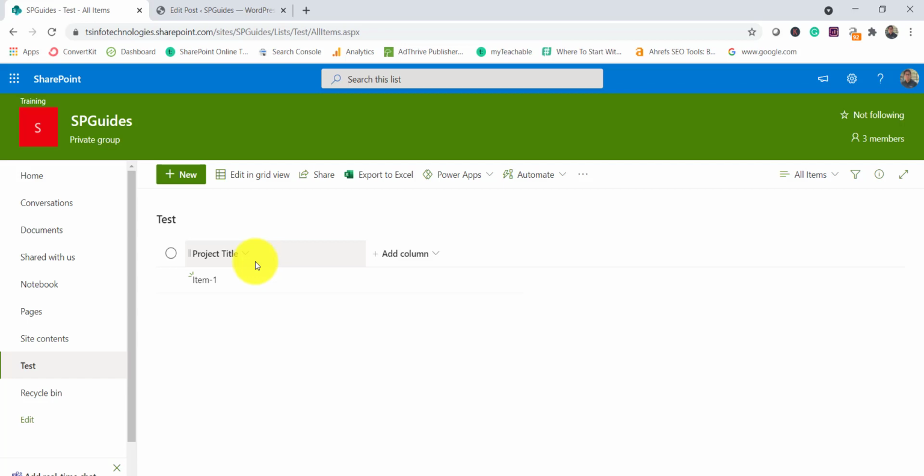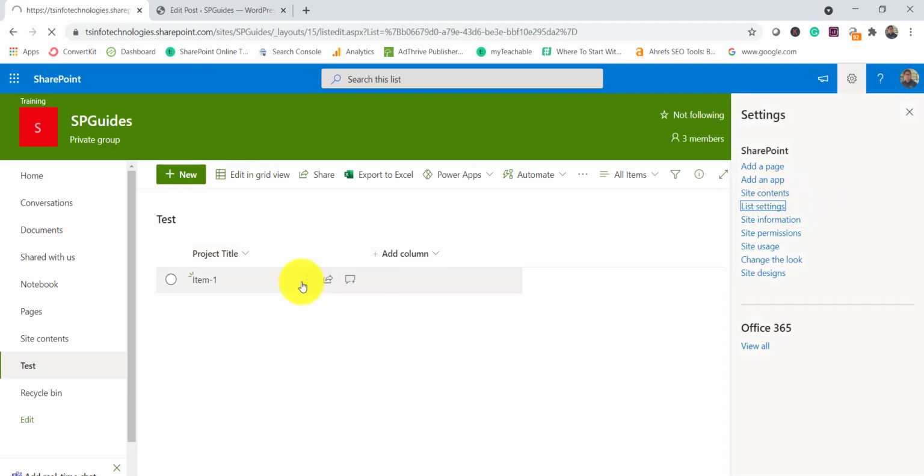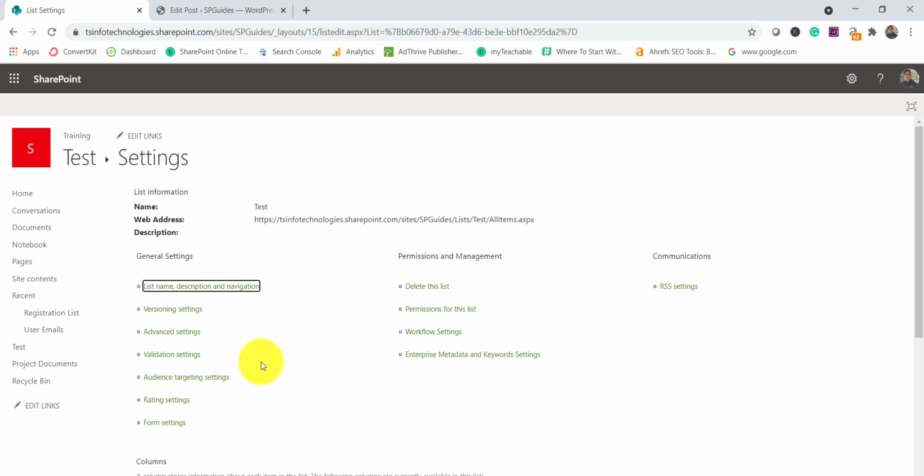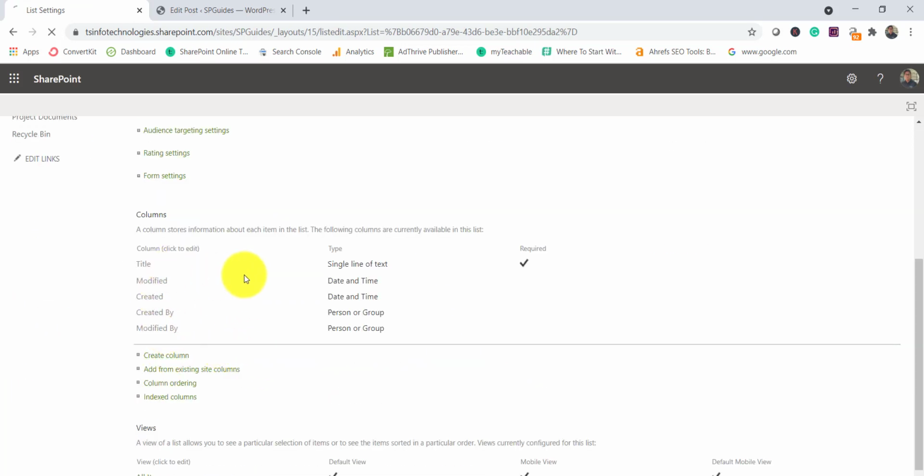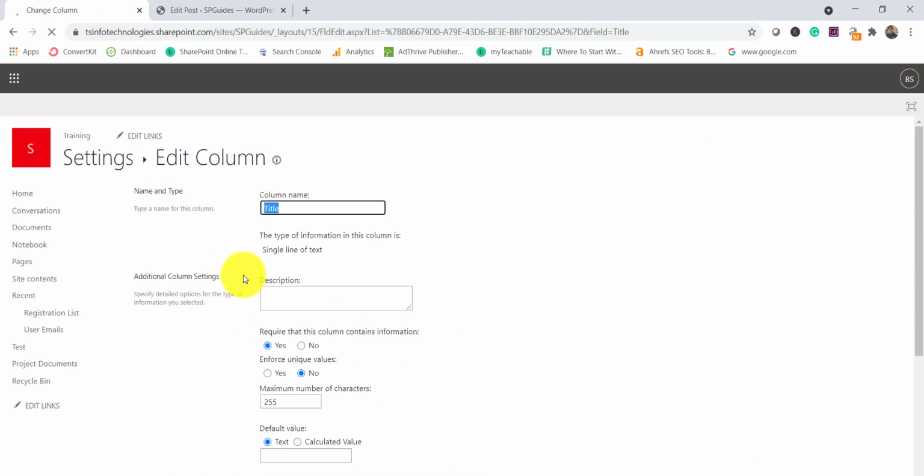Easily we can do that. And then if you are using the classic SharePoint list, then you can simply go to that column, go here, list settings, and then you can see there is a column here. So click on this title column, and then you can change it accordingly. So that's how it will appear in the case of a classic list as well.